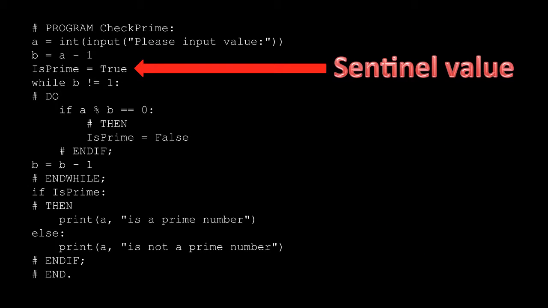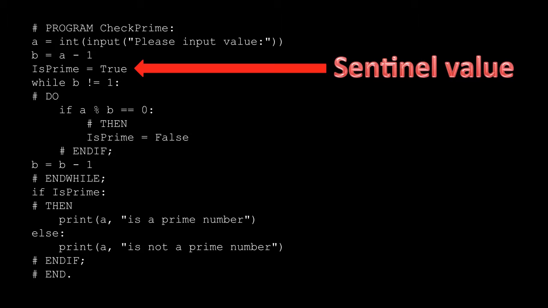We have a special name for the Boolean value is prime. We call it a sentinel value or a guard value. A sentinel is like a dude in armor who stands on top of a castle who watches out for stuff. So the sentinel in this case is, we set it to be true at the start, and it's always going to be true all the way along unless at any time we get a no remainder when we do that